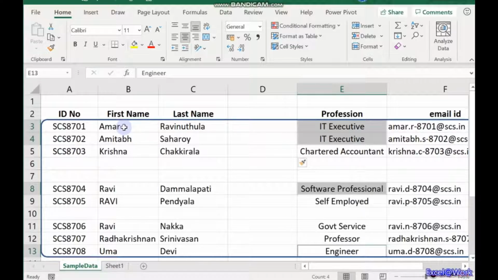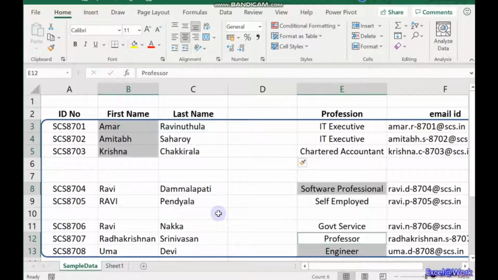So if I start with A, these 3 guys, and then let us say software, and again professor, engineer, I have selected these 3 using shift, this using control, again control here, again shift for this one. So there are 3 sets of data here, in which B3 to B5 is contiguous, E8 is non-contiguous data, again non-contiguous E12 to E13. Note that B3 to B5 is contiguous, and E12, E13 is contiguous.